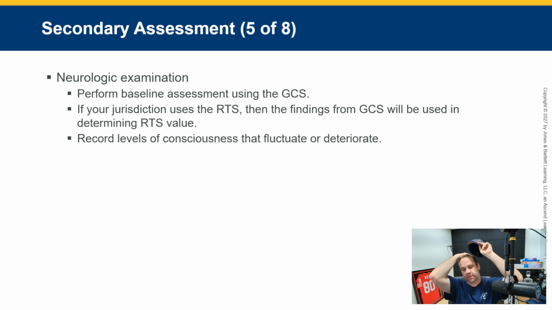Your Glasgow Coma Scale, again, your GCS. This gives us a really consistent way to measure a person's neurological function. Again, it scores three observable responses: eyes, verbal, motor. It just establishes a baseline score. You want to do this as early as practically allows. Record the time and then repeat it whenever the patient's mental status changes, because those trends are going to